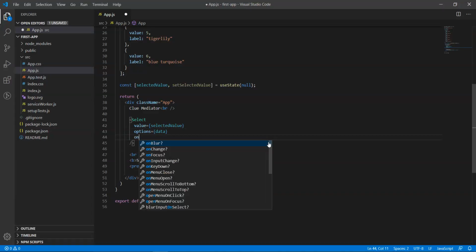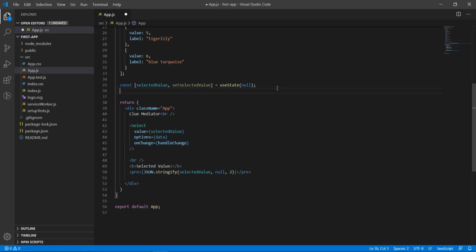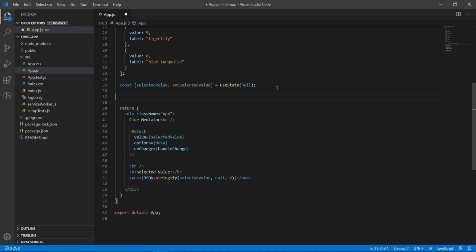Let's use the onChange method of React Select, where I'm creating one more method called handleChange. I'm creating the handleChange method as an arrow function. So how can I write the code?